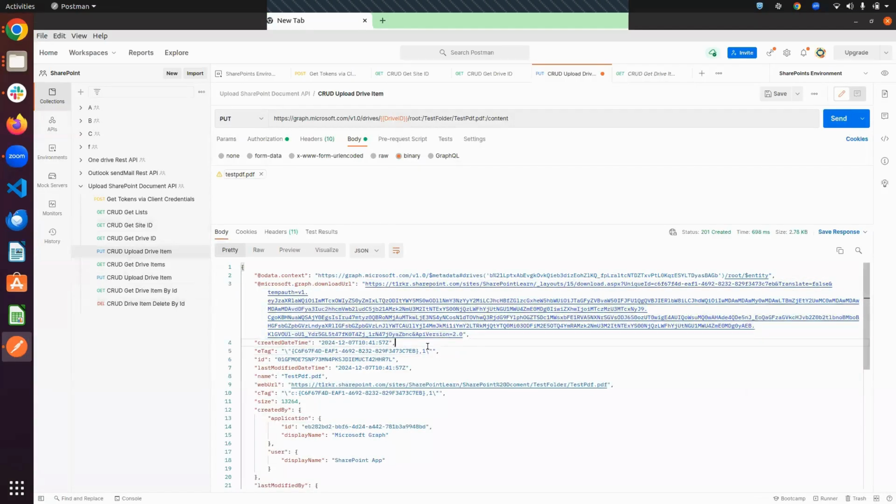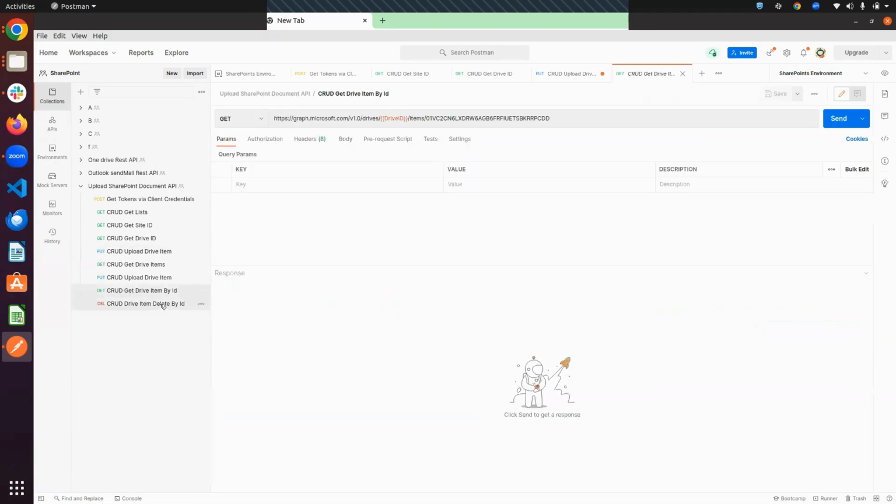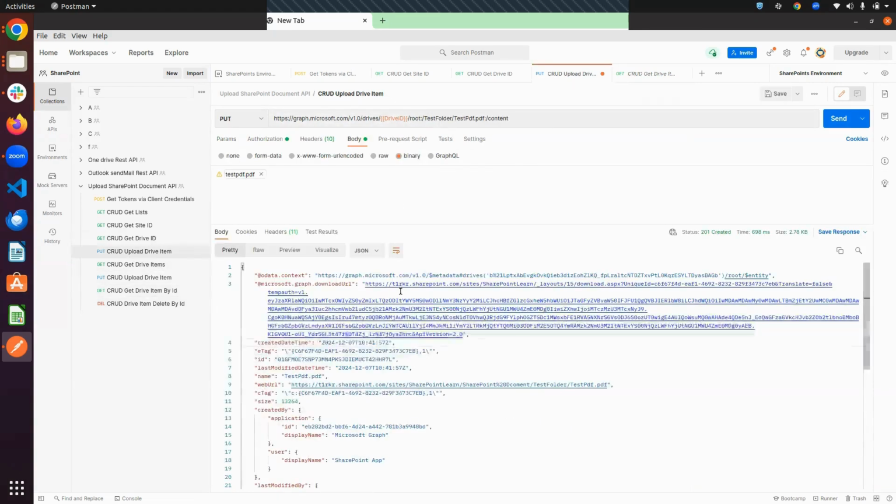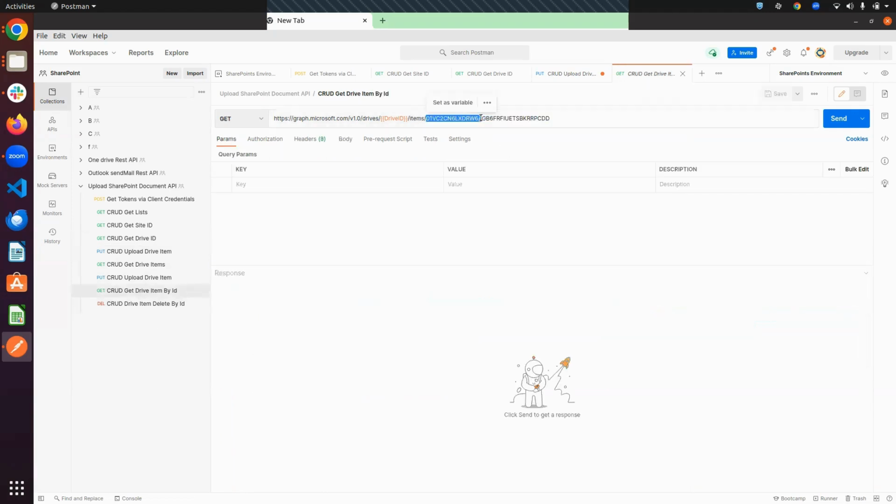Suppose in future friend, you need to download this, how to download it? For this we need to get this document. So the next API is get document, based on ID. You can see right here you're passing this ID. So I'm copying this ID and pasting it here, and send again.